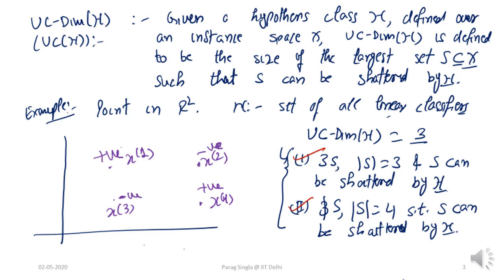So this 'some' is very, very important, because we are saying that it is not that every set of that size D should be shattered. It is simply saying that there has to exist some set of that size that should be shattered, and then we can say the VC dimension is at least that much, at least, let's say, D. In this case, the D is 3.